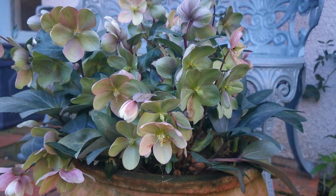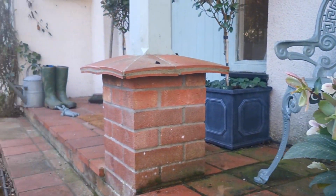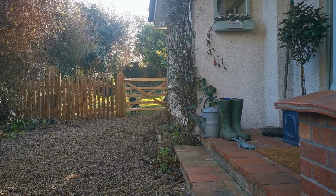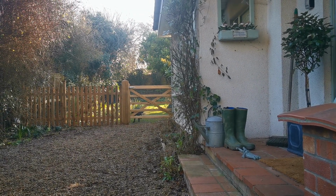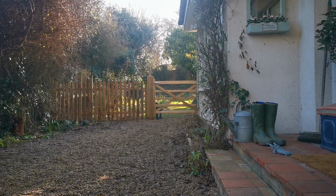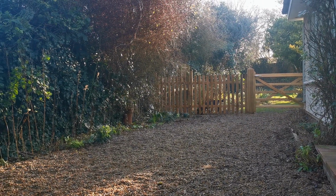Well, welcome back to the garden here at Gardener's Cottage in Blakeney on the North Norfolk coast. We've got a few things to show you. Although it's very early spring, a few developments have taken place in the garden, with new fencing keeping these two puppies, well, only one at the moment, I don't know where her sister is, nicely contained in the back garden. So let's go and have a look around this garden in very early spring here in the UK and see